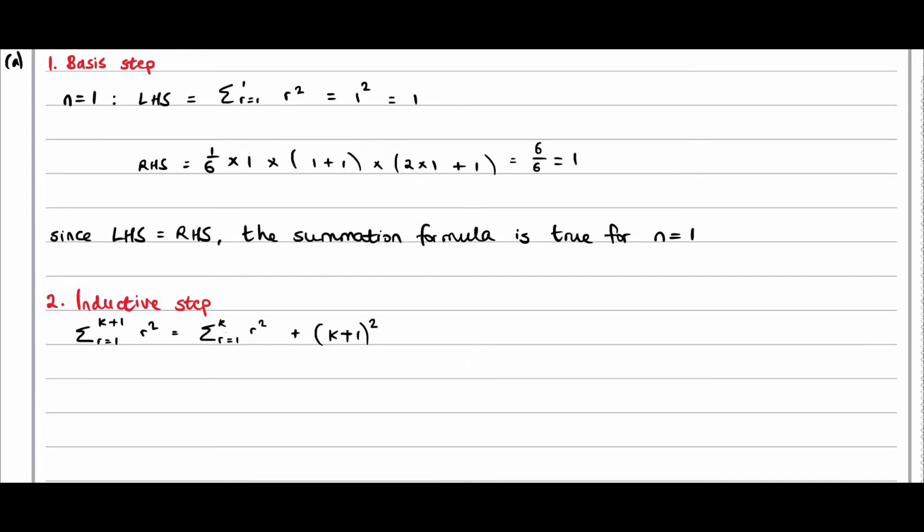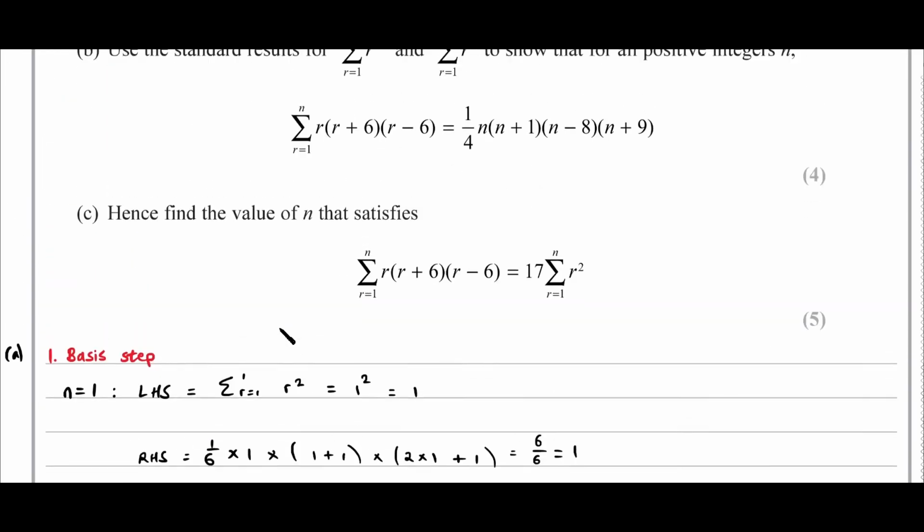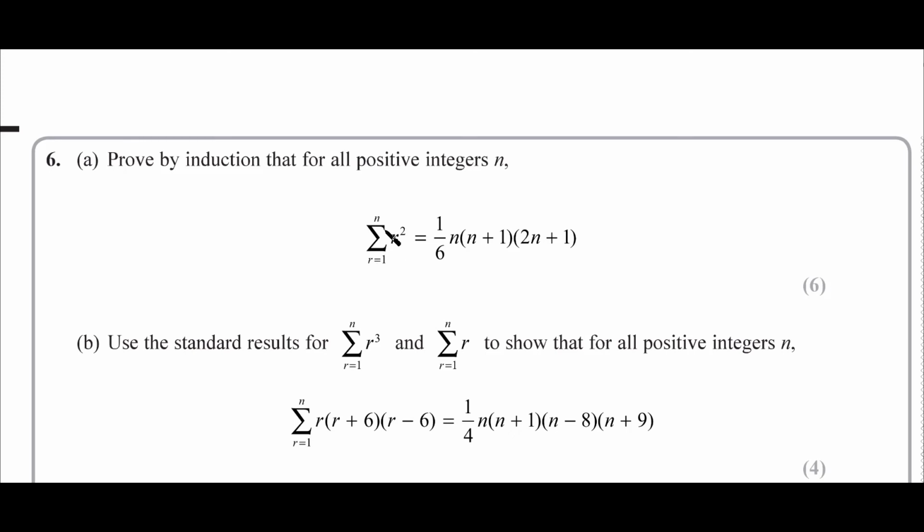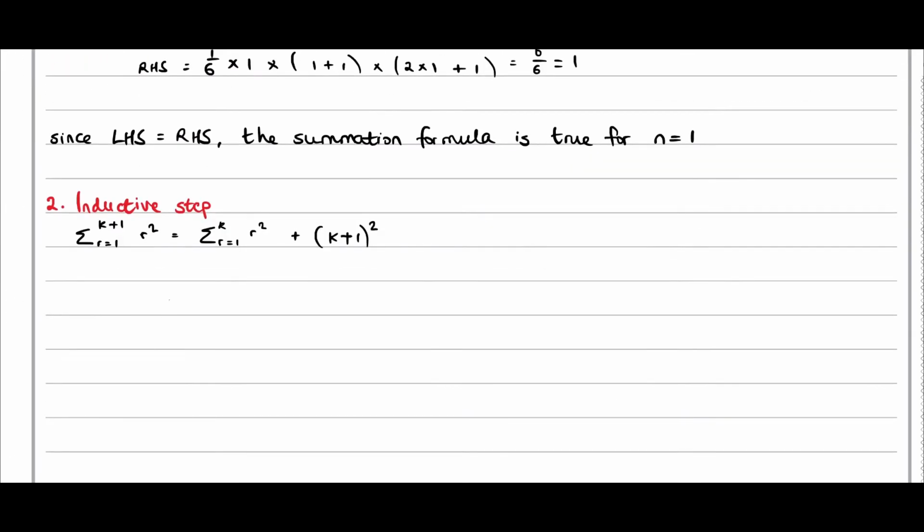Now, the sum from r equals 1 to k of r squared, we know that the sum from r equals 1 to n of r squared is this thing over here, so we simply replace n with k. So we have 1/6 lots of k, lots of k plus 1, lots of 2k plus 1, and then we add on this extra k plus 1 all squared. So with that being said,